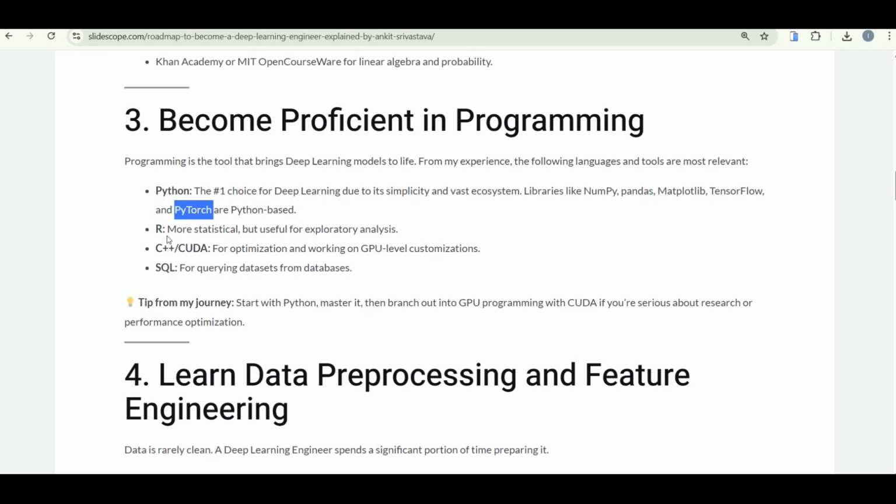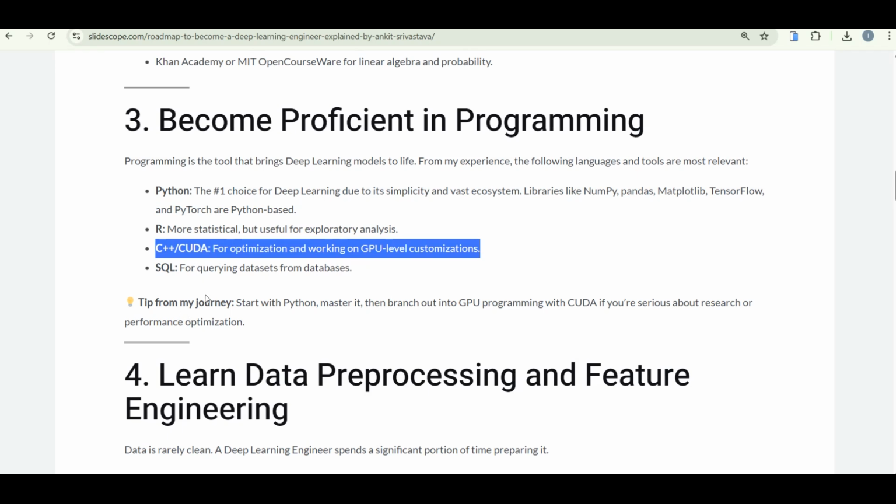You can also learn R, that is more statistical but useful for exploratory data analysis. If you have knowledge of C++ or CUDA for optimization and working on GPU level customizations, that will also be good. And SQL for querying datasets from databases. Many times your dataset will come directly from a SQL file, so if you know SQL queries, that is always good. Tip from my journey: you can start with Python, master it, then branch out into GPU programming with CUDA if you are serious about